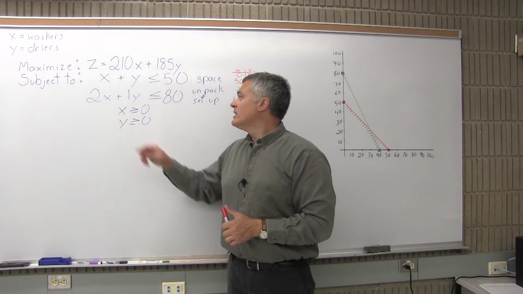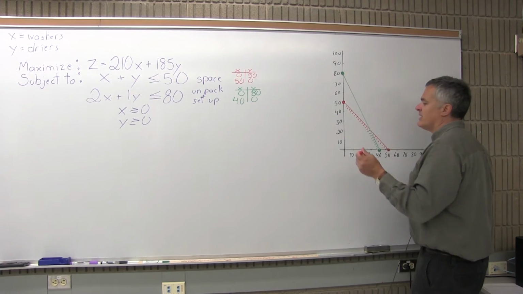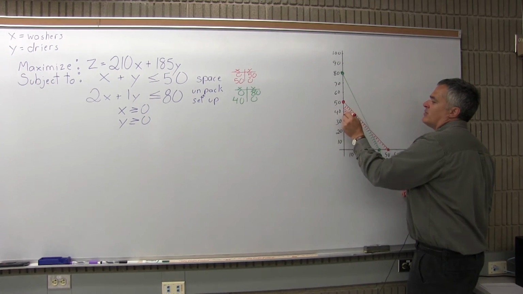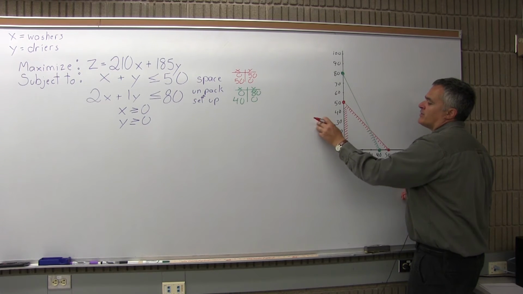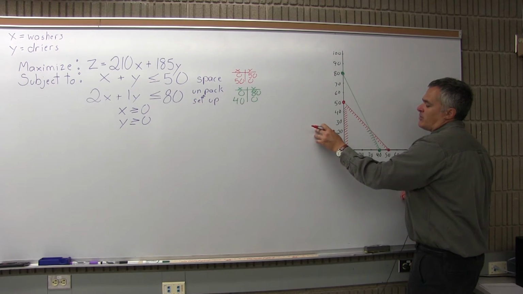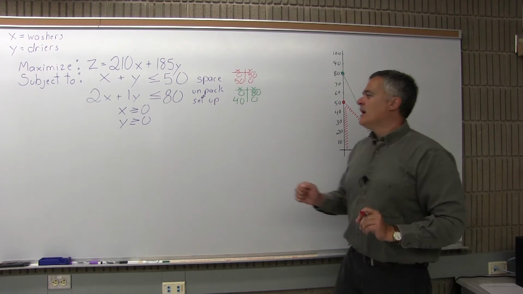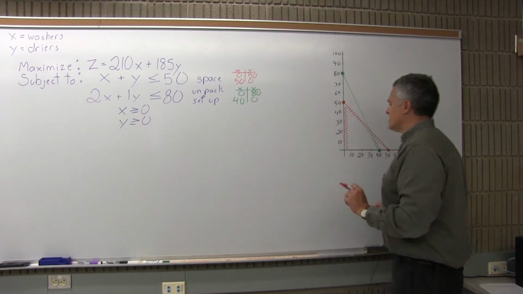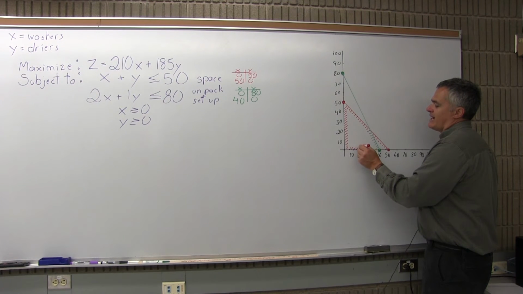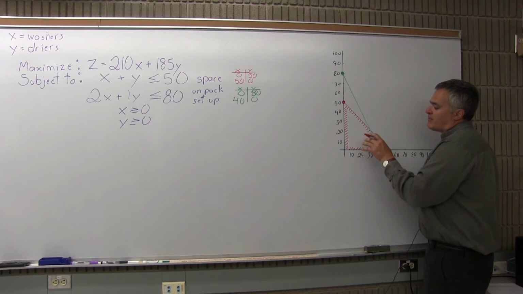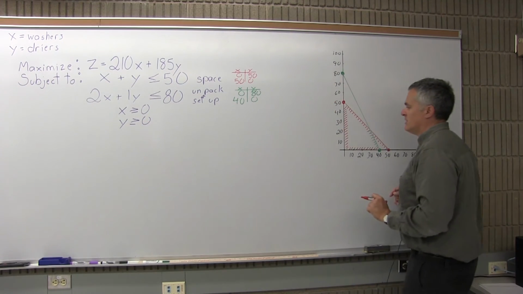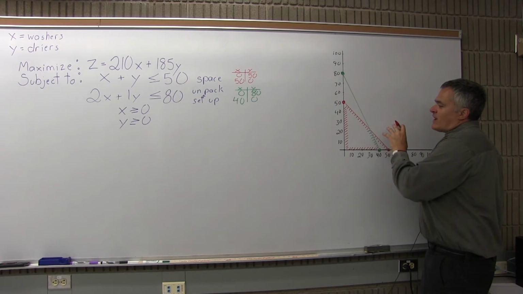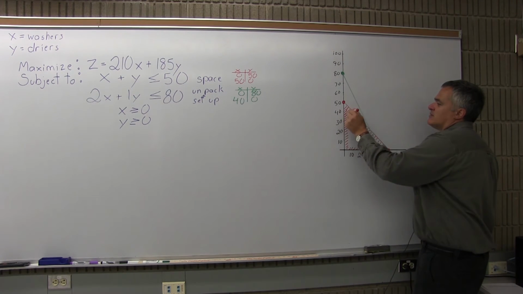Now, the x greater than or equal to 0, which is the next constraint, just tells me that I cannot have any points in my feasible region with a negative x coordinate. And that says I have to stay on the right side of my y-axis. I cannot come over to the region of the graph that has points with a negative x coordinate. And the y greater than or equal to 0, the last constraint, tells me I have to stay above the x-axis, because if I get below the x-axis, I would have points with a negative y coordinate, which this says I cannot do. And now the area that satisfies all the constraints simultaneously is my feasible region,